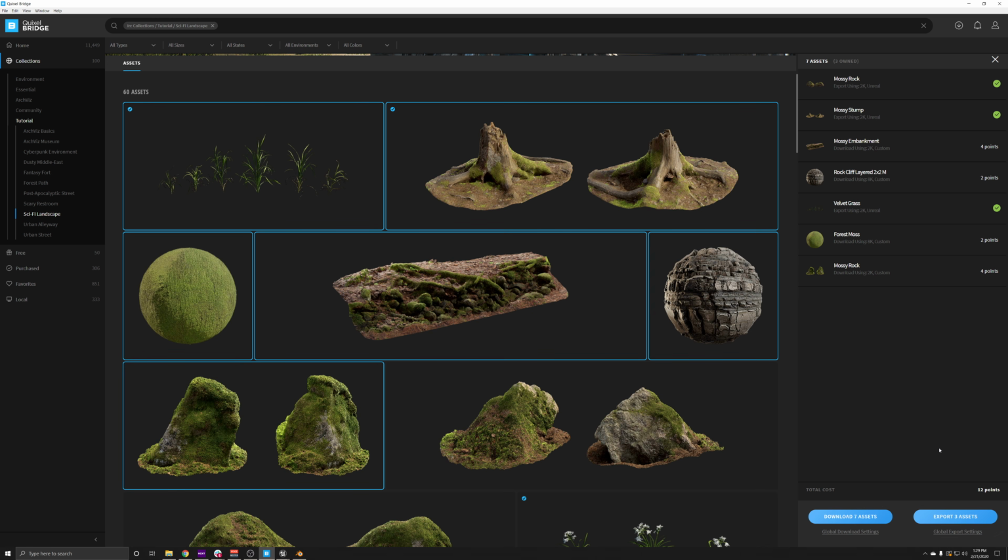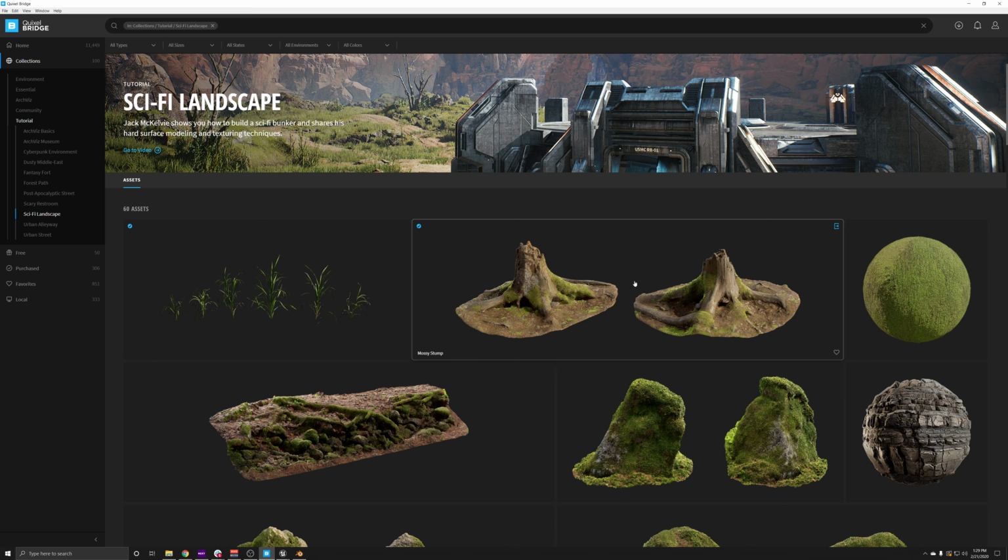That's perfectly fine. If we were to select download 7 assets, then the 4 assets that aren't part of our account would essentially be added to our account. So this is one way that you can do some quick selection, some quick download and exporting without having to worry about opening up the preview panel. But you're more than welcome to open up the preview panel because, as I said before, it gives you a chance to preview the asset in its multiple levels of detail before you make a commitment that you want that asset. So it's pretty handy.